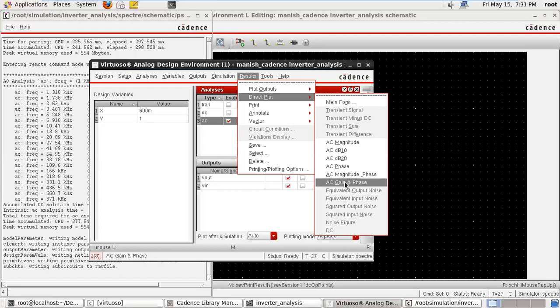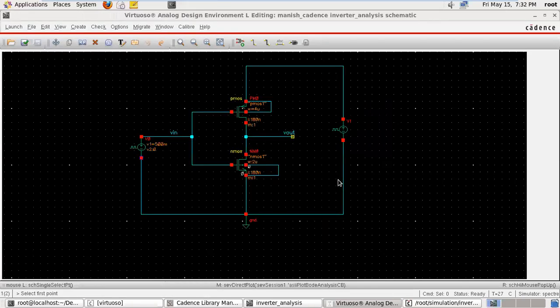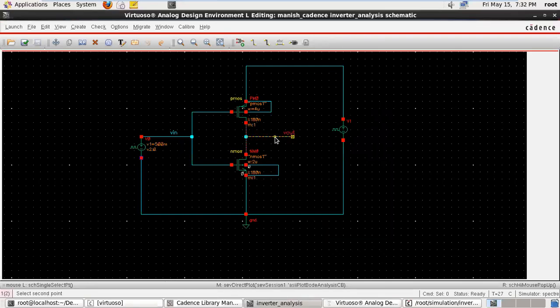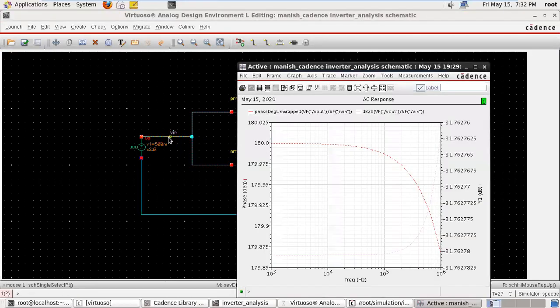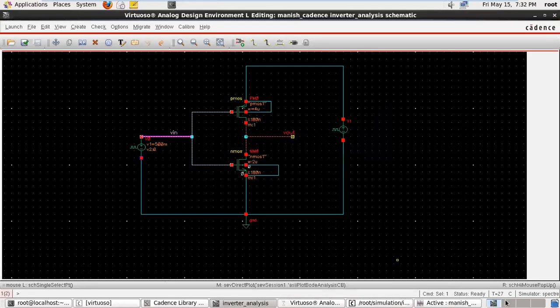AC gain and phase, you select the 2 point. It represents the ratio of 2 point gain and phase, while this is for the single point. Suppose I am clicking on this, select B out and that is B in.